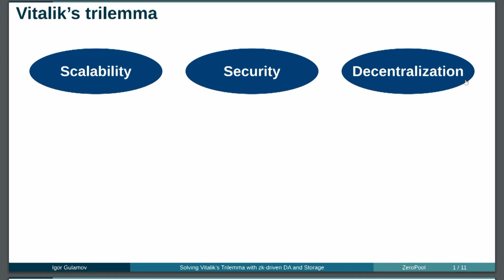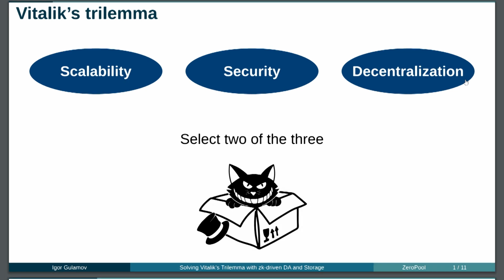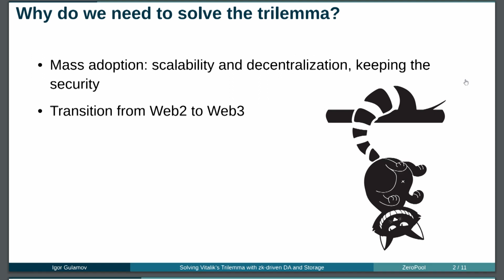So, what is Vitalik's trilemma, or the blockchain trilemma? We have three properties of blockchain: scalability, security, and decentralization. And we can select only two of three. And this is an issue because we need a solution for mass adoption, for scalability. We need to keep scalability and decentralization with security